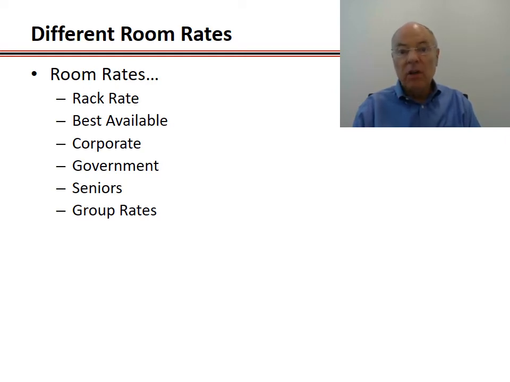And then group rates, and when we talk about group rates here, we'll talk more about that in the sales and marketing side of things. This is a negotiated rate for travel groups, could be for meetings, could be for lots of different reasons, a wedding and so on, where you have a number of guest rooms being used. If you're giving a volume number of rooms, then typically group rates are negotiated by the sales department. Whereas all the other rates that I mentioned previously are available through online resources or through toll-free numbers or whatever method that you might have. Group rates are negotiated through the sales office, so that one's a little bit different.